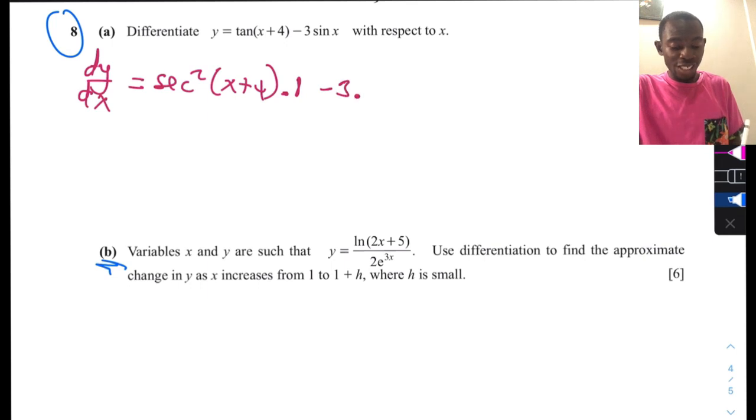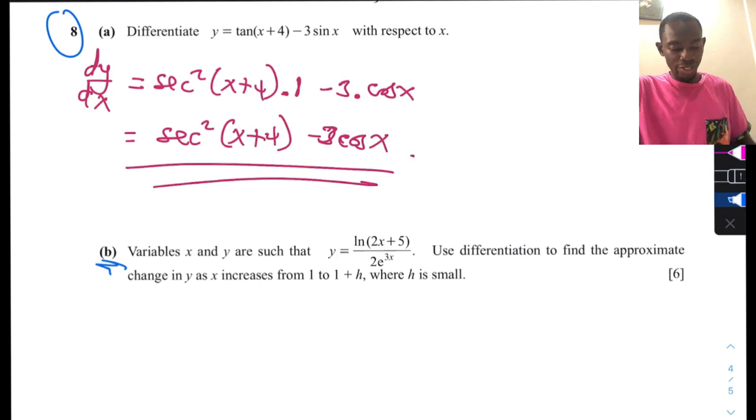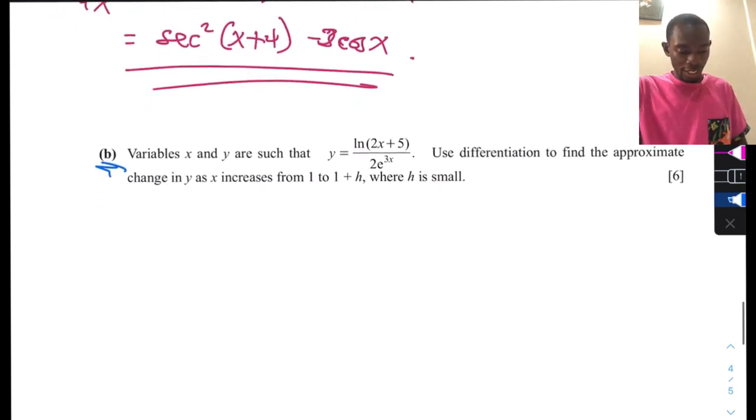But if you differentiate sine x, you get cos x. So your answer is basically sec squared x plus 4 minus 3 cos x. All right, good for us for 2 marks. Then they are telling us that